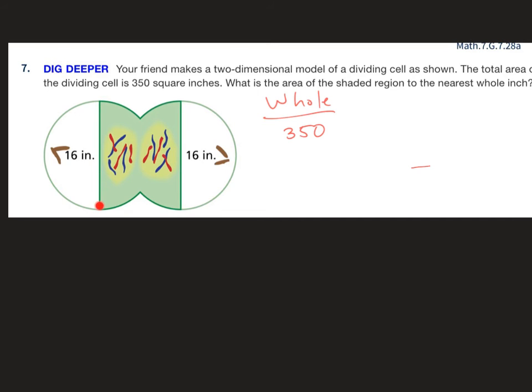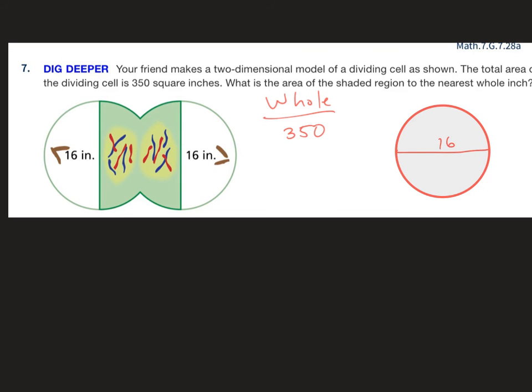A semicircle is a half circle, so this is also a half circle with a diameter of 16. What happens when you put two half circles together? You get a whole circle. So basically, I have over here a whole circle